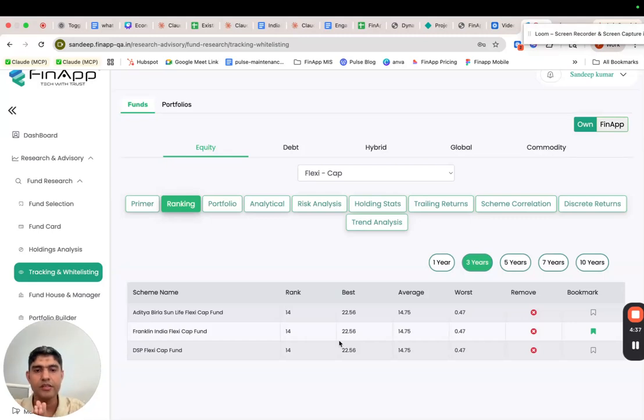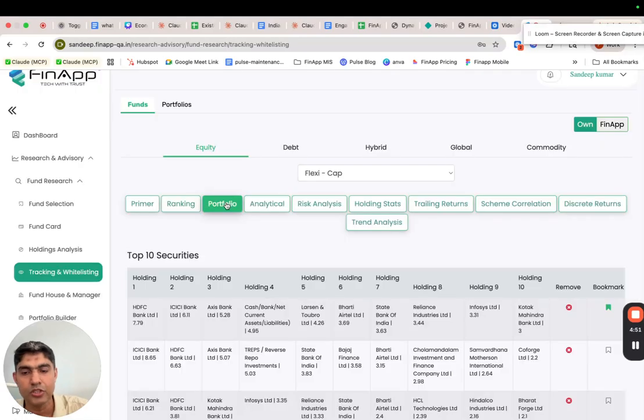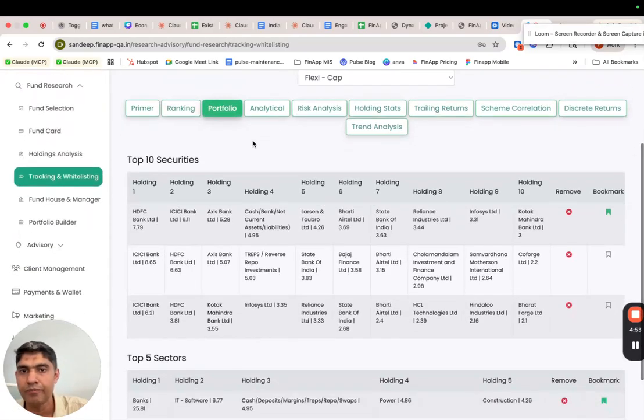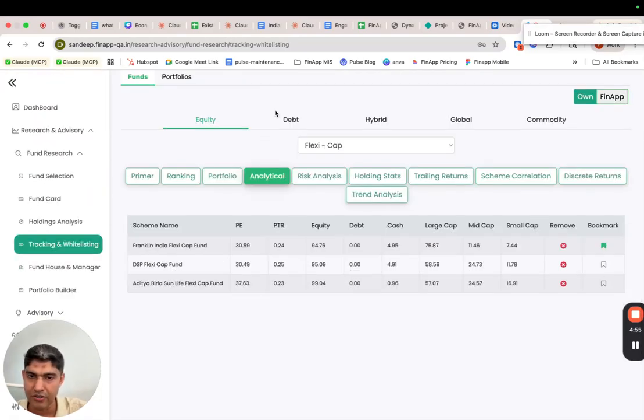But it's so easy for you to now take a look at your favorite funds and take a decision on whether to keep a track of these particular funds, whether to keep these funds or remove these funds, etc. You're able to see the top 10 holdings in a very quick manner. You're able to see the analytical data in a very quick manner,